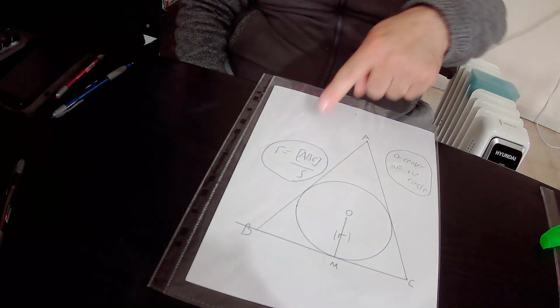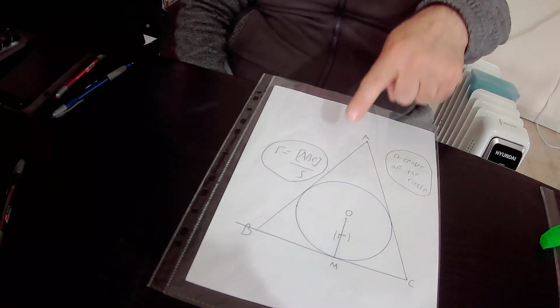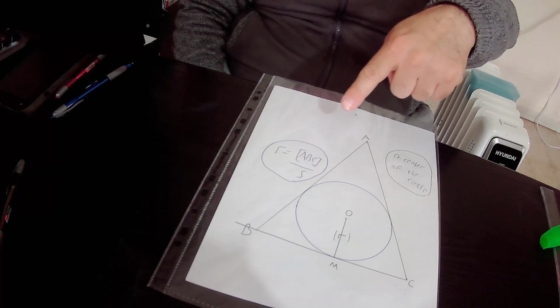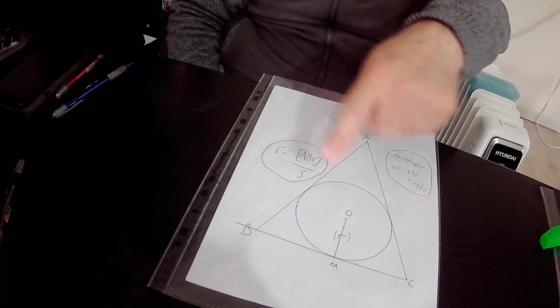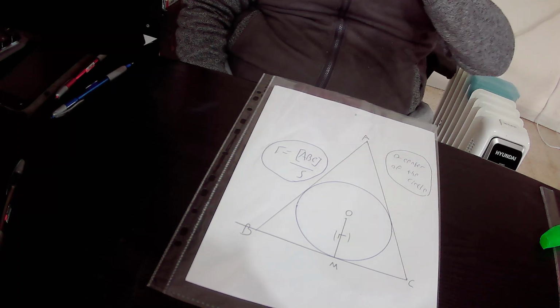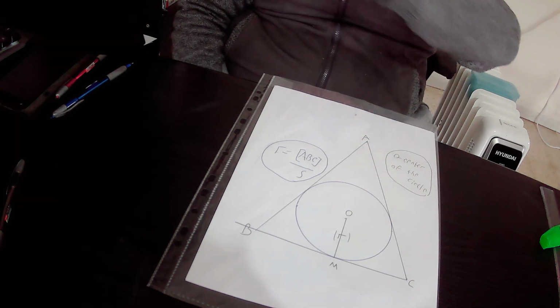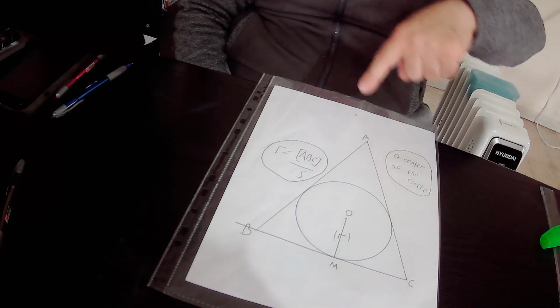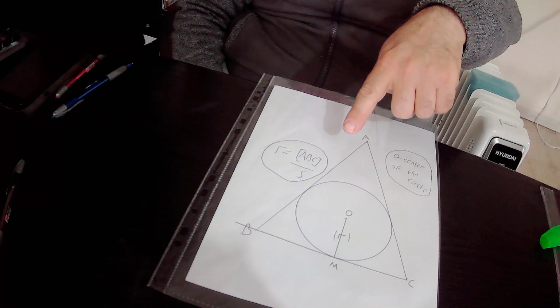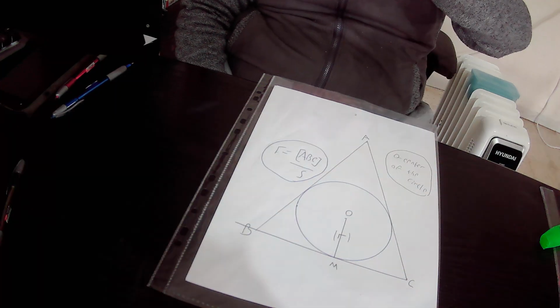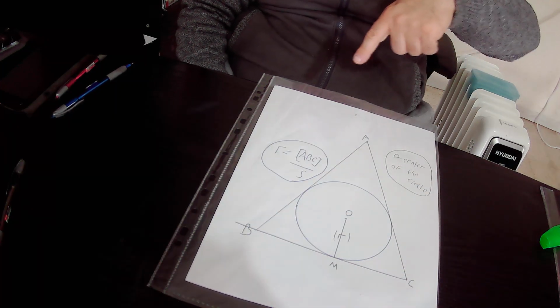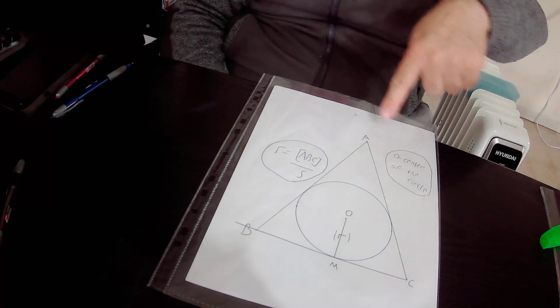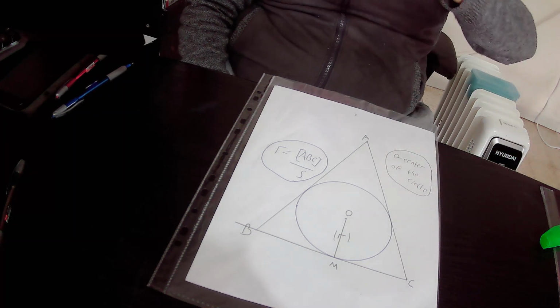So here we have triangle ABC that could be any triangle. This triangle ABC blocks this circle, or this circle is inscribed by this triangle. So the radius of this circle will be equal to the area of triangle ABC over the semi-perimeter of the same triangle. Again, the semi-perimeter is the perimeter, AB plus BC plus AC, over 2. You can actually implement rule number 15 in our drawing. Why? Because in our drawing we have